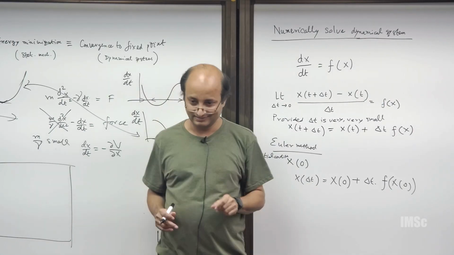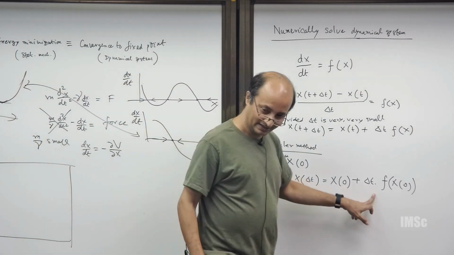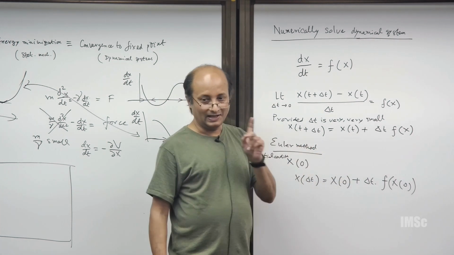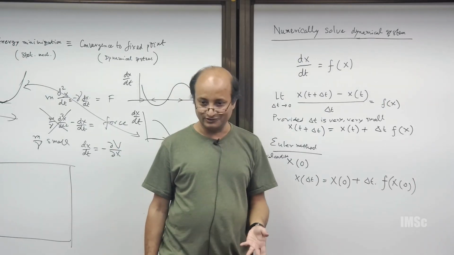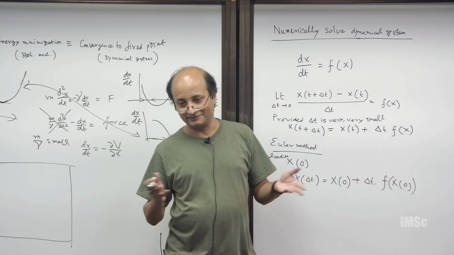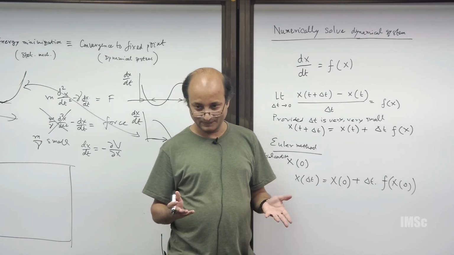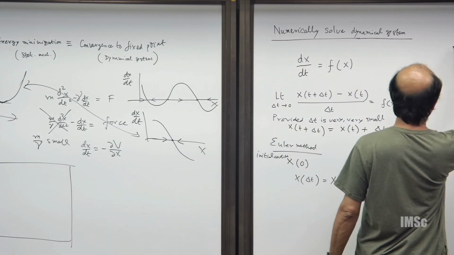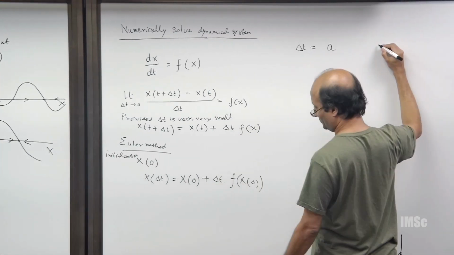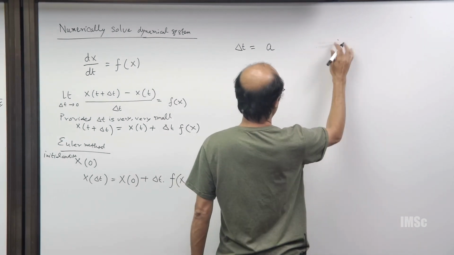Okay. Now, the $1,000,000 question is, what is delta t? Delta t must be small enough such that this is valid. Now, the practical problem would be if you make delta t ultra small, like 10 to the power minus 16, it will take forever to integrate over anything. So what you do is you try out various delta t's and you have this following argument. You say that I will try with delta t equal to something like a, and I get x at delta t as a function of a,